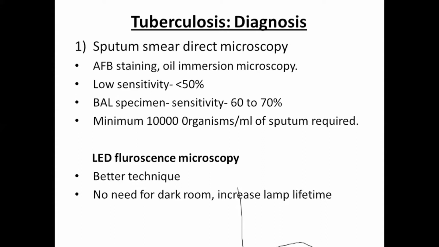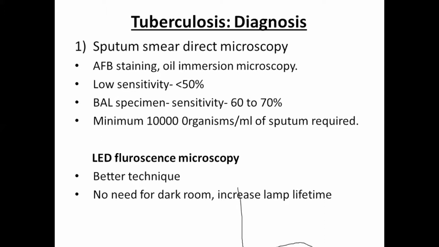How will you instruct the patient? What will you instruct to get the correct sample? Because he may give you saliva. Because your diagnosis is based on AFB staining, the sample which is submitted has to be correct. Otherwise, you will go on a false track. Around 4 to 5 ml we need for the examination.